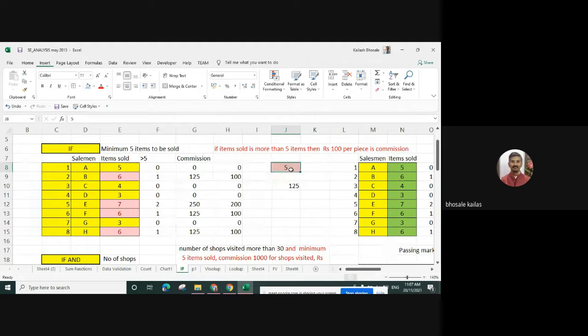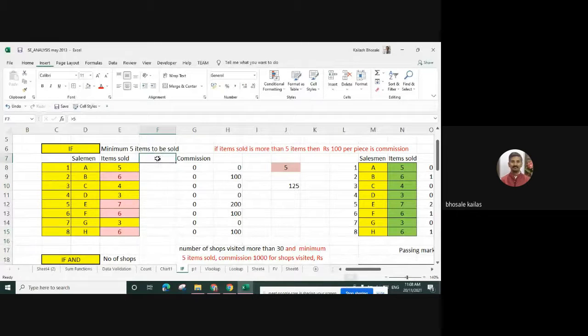So here I have written 5. I have written the 5 value, and from this 5 value I will subtract the value of the items that a person has sold. I want to check whether they are greater than 5 or not.